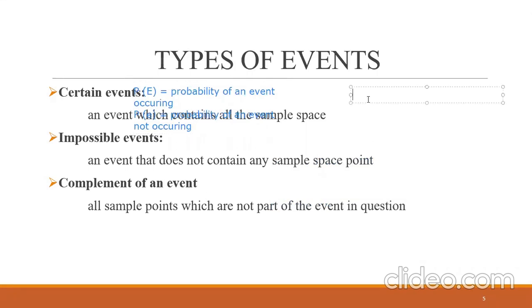Now, for the complement of an event, let's take it that you have S to be the sample space of head or tail, rolling a die and tossing a coin. So let's take it that we are rolling a die and tossing a coin at the same time. That's the sample space. Then you are asked to find the event